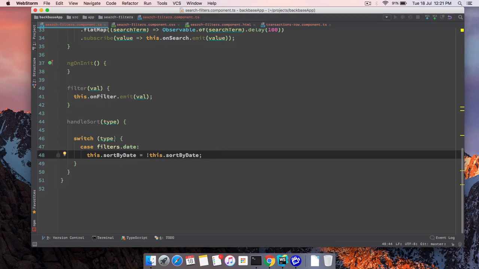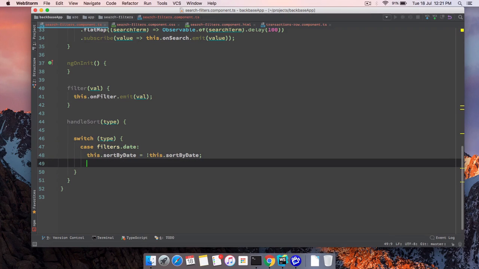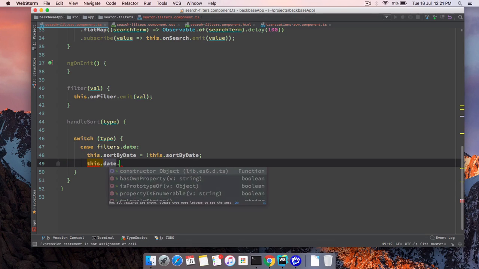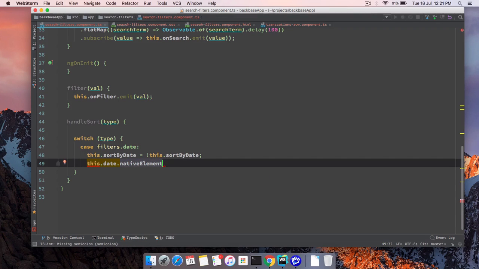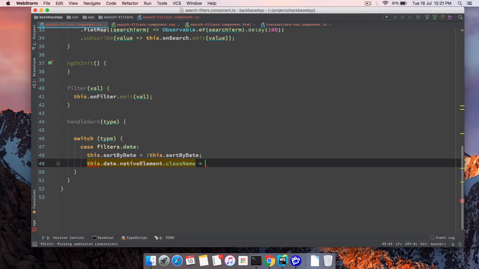So whenever we detect that the type is date, I'm going to update the class name. So it's very simple. To access the DOM object, first that is the date, and I'm going to get the native element. So I get the span. I'm accessing the native element, that is all the HTML properties like the class name, style, everything. So I'm going to update the class name, and I'm going to set the class name